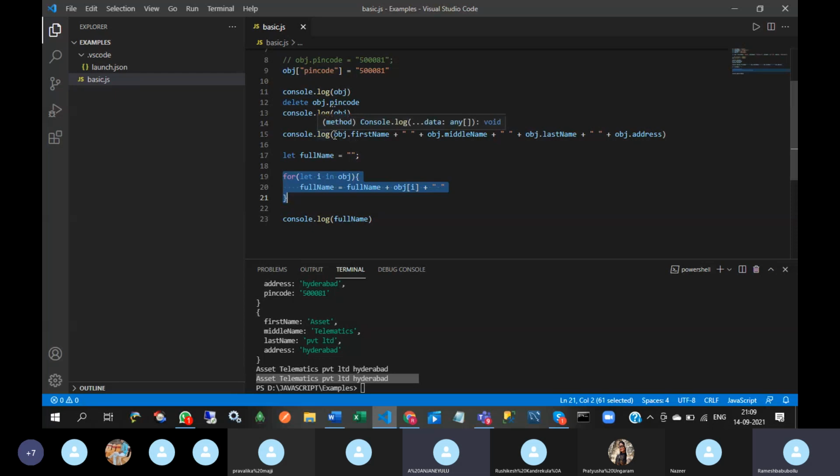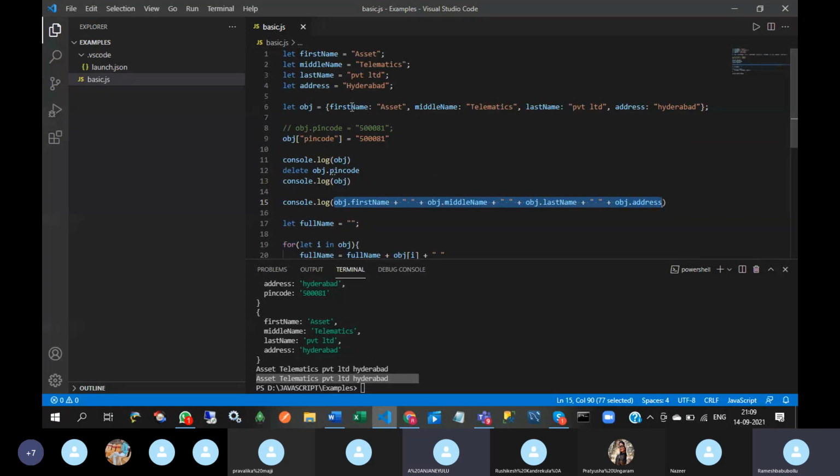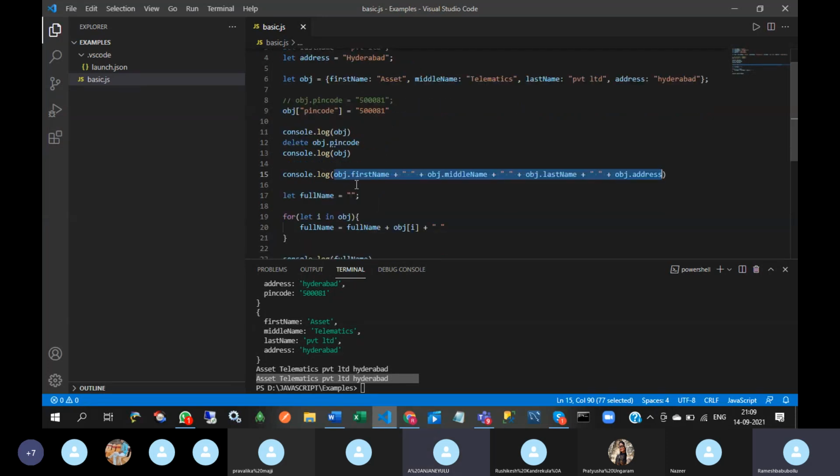So I don't have to write this type of logic. Why? Because suppose you have 100 key names in an object, then how do you concatenate 100 key names? You need to write object dot first name, object dot middle name, like that, all the key names.